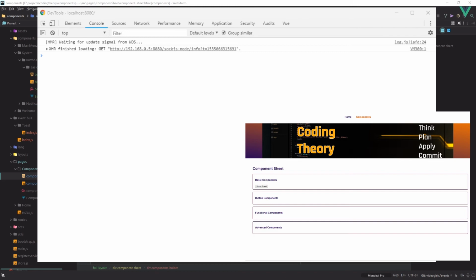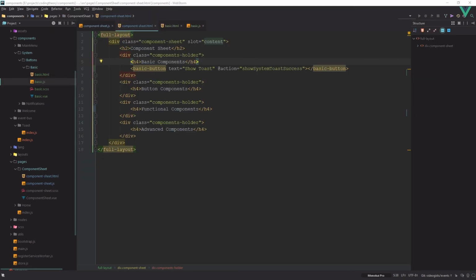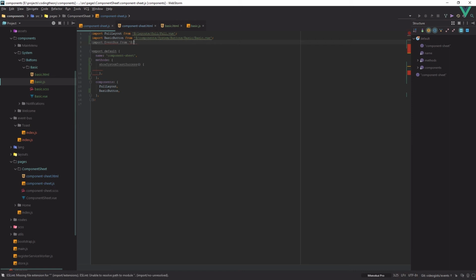What we need to do is get this system to fire the toast. So you can see, guys, now when we click show toast, we're getting "clicked me", and that's what we wanted. So that's groovy. We're going to go back to the component sheet, and what we're going to do now is one last thing. We're going to import the event bus from, if I can actually spell bus correctly,